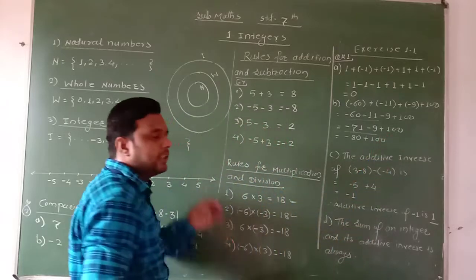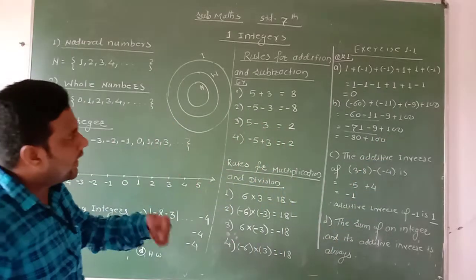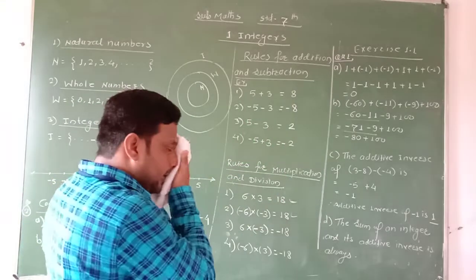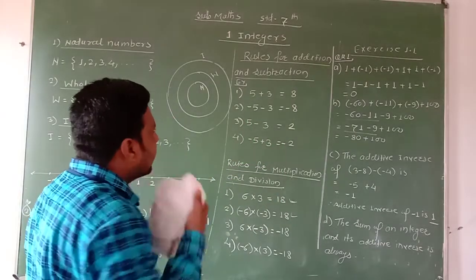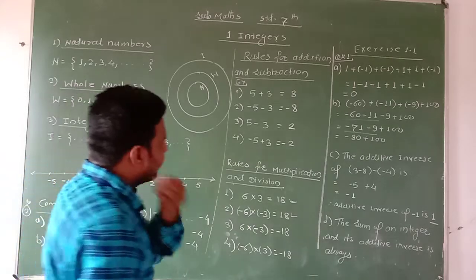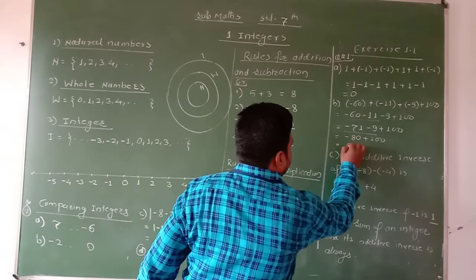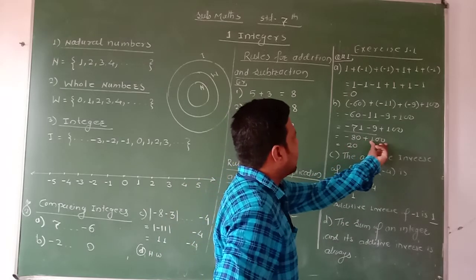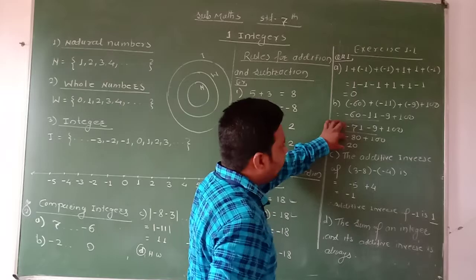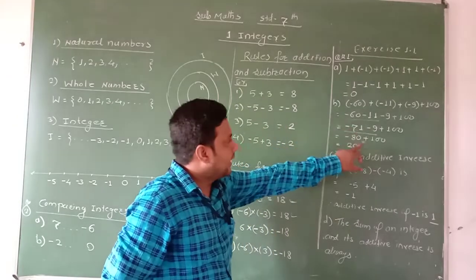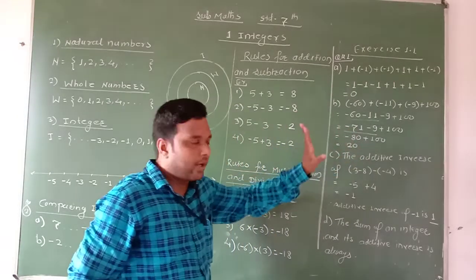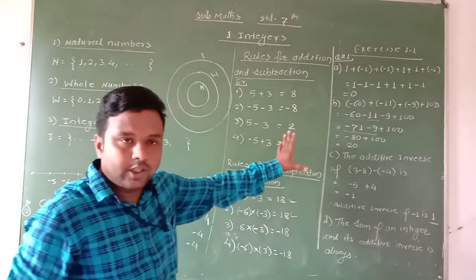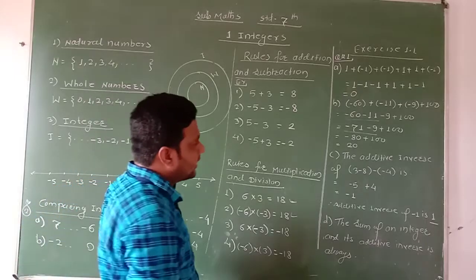Now two integers are there. One is positive, one is negative. If one is positive, one is negative, then we have to do the subtraction. And what is the subtraction for 100 and the 80? That is 20. And here we have to give the sign according to the greater number. Greater number is 100 and its sign is positive. Therefore here we get the answer positive 20. Students, I hope you understand this question, how to do the addition and the subtraction according to the given rules. Now see the another example.